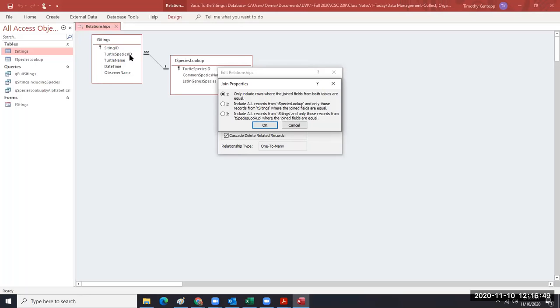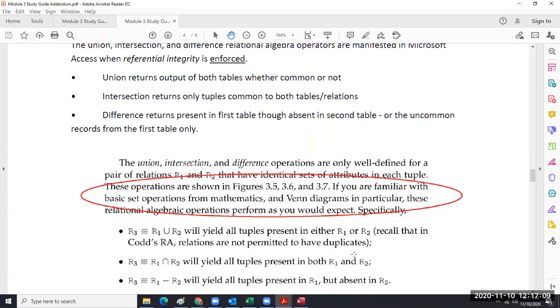You have a species ID number. Here's the lookup table, species ID number. This is the primary key and the foreign key. When those values and data types match, and you're working on theta joins, and you do the job correctly, what you have is a case where